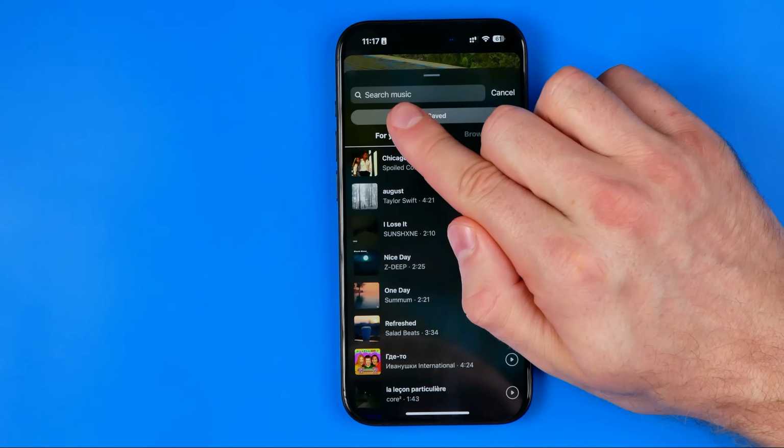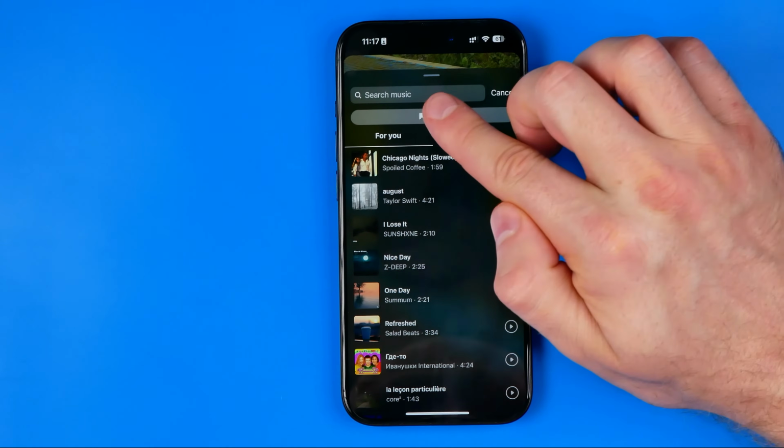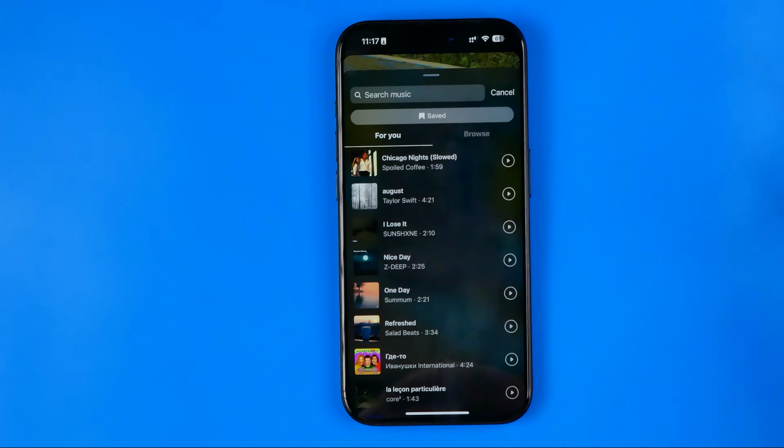You can search for it using search here. Just enter song name, then hit search, and then you will be able to use the same song in your